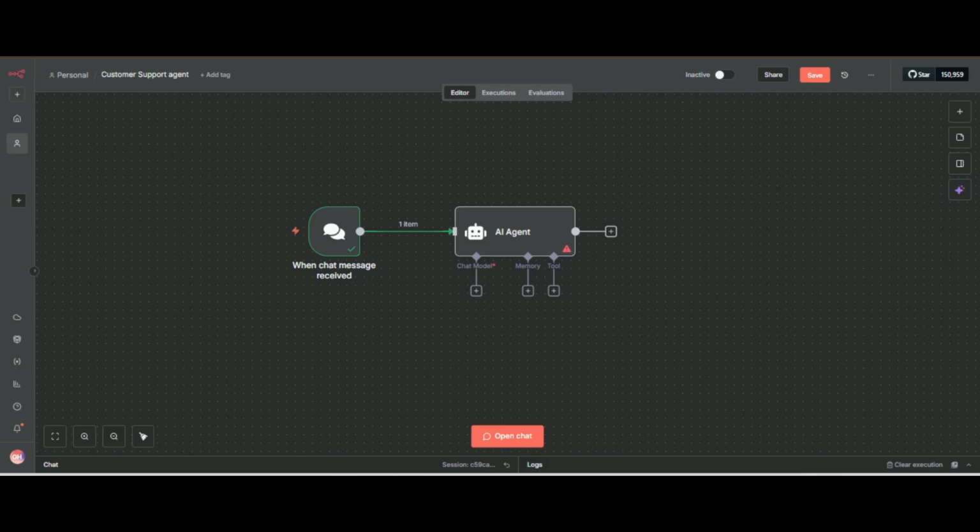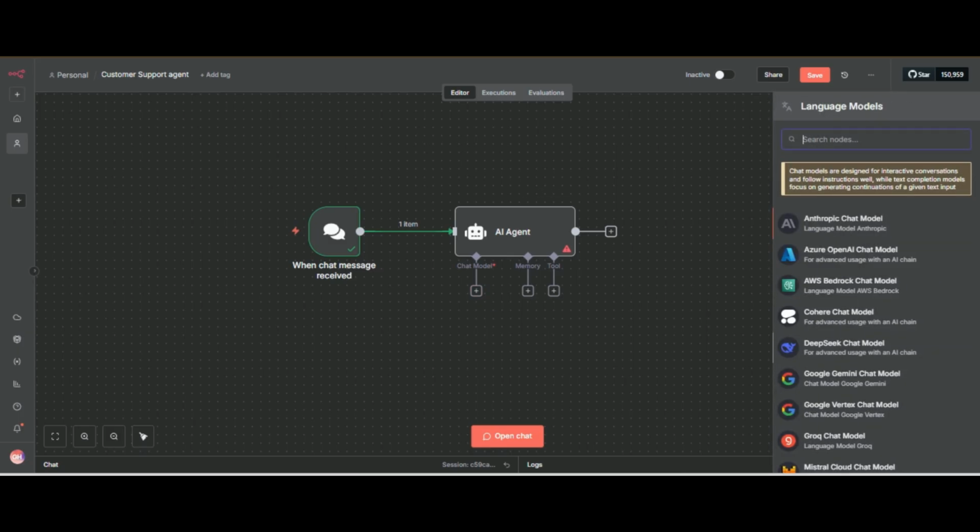I will click on chat. You can see different models: chat model, Anthropic, Azure, and DeepSeek. This time we will integrate OpenAI.